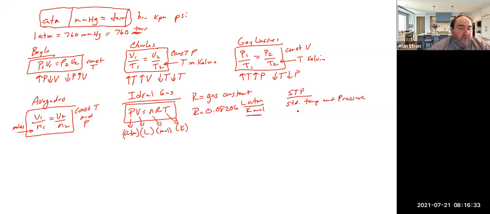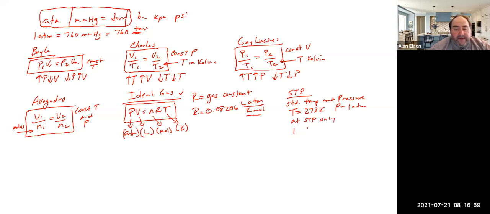And again, when you are given STP or told it's under STP conditions, you are actually given some values. That means the temperature is 273 Kelvin and the pressure is 1 atmosphere. Now, we saw a specific relationship that can allow you in certain cases not to have to use the ideal gas law, and that is at STP conditions only,